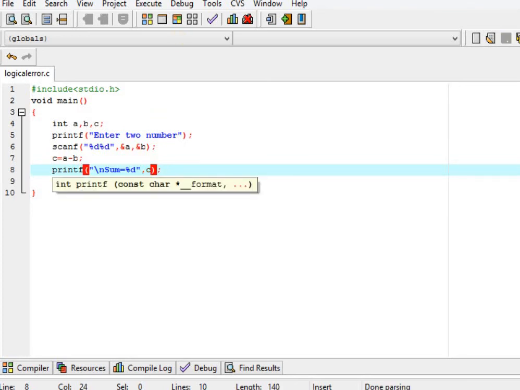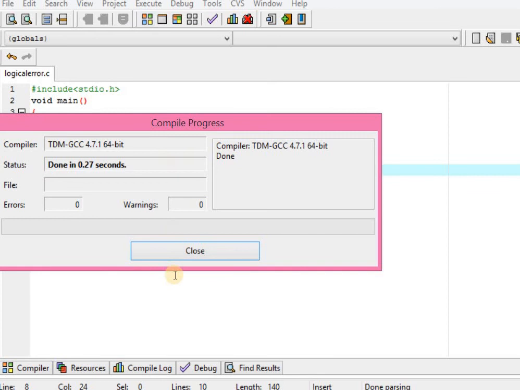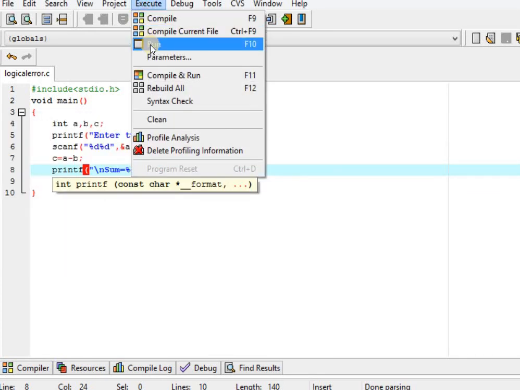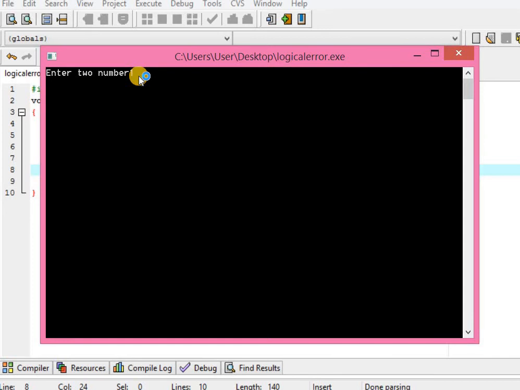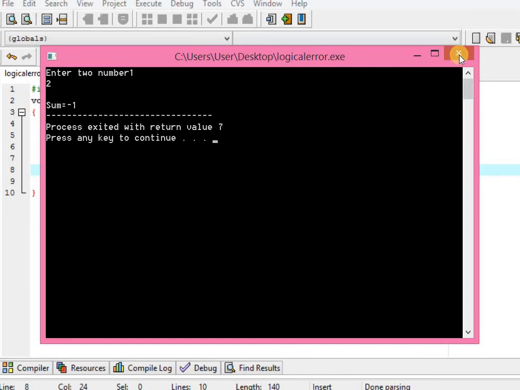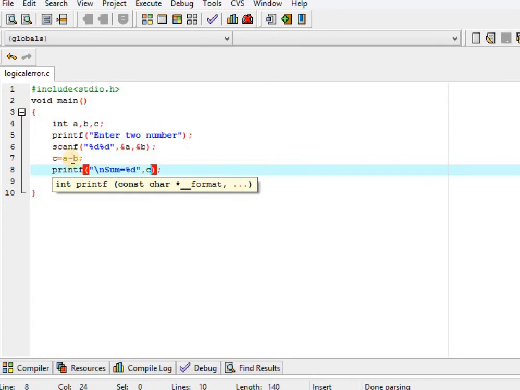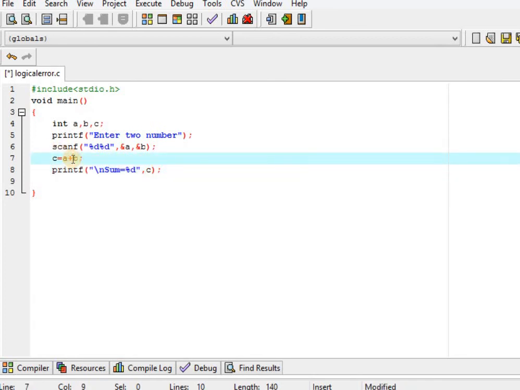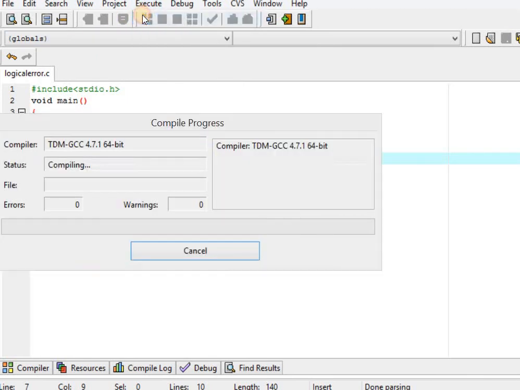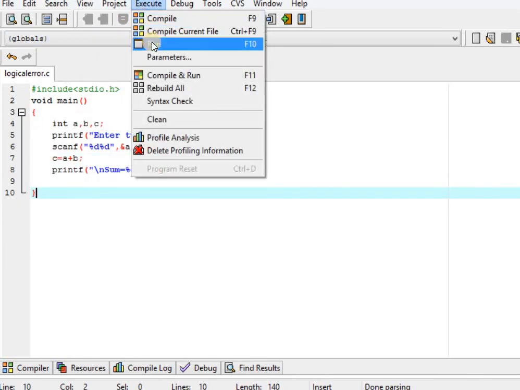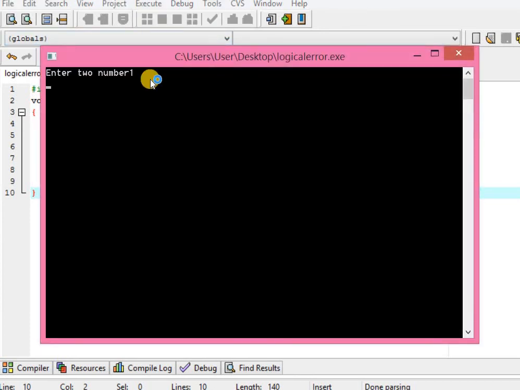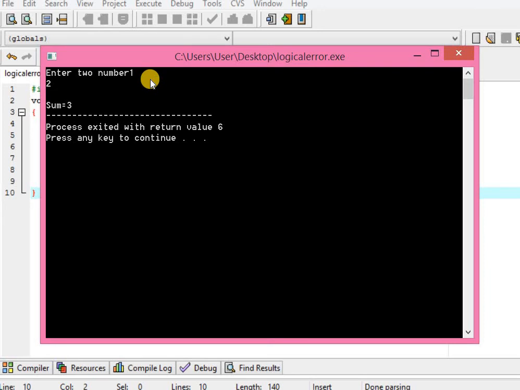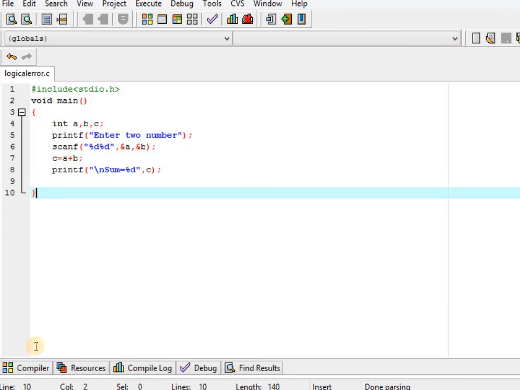Again save the program, compile the program and run the program. So in output, again we print the value. Here it is -1 because we are taking the minus operation. If plus, compile it, run the program again, and 3 is printed. The format string must end with a double quote. A variable cannot be enclosed with a double quote. If it is enclosed by a double quote, it shows some logical error.